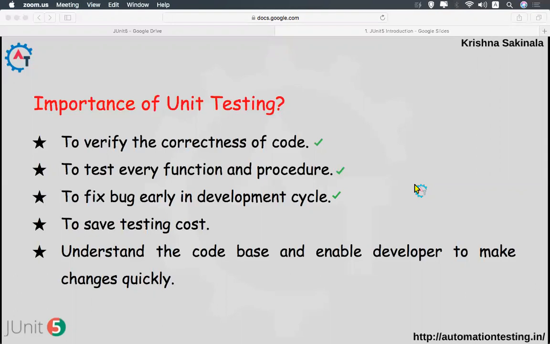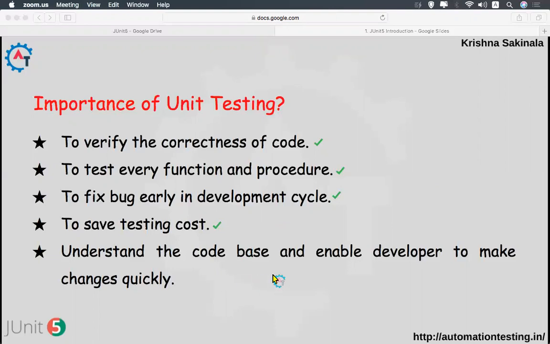If you identify that, you have to go back to the development and fix it there, and it has to come back again and you need to test again. These things you can avoid by doing unit testing. Obviously, finding the bugs in the early phase means you are saving the cost, right? It means you are avoiding multiple cycles of testing, so obviously it will save the testing cost.